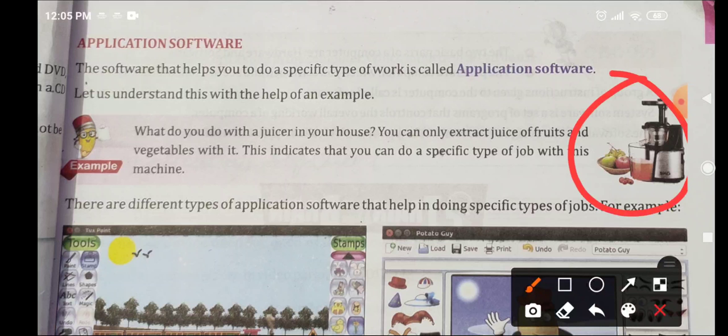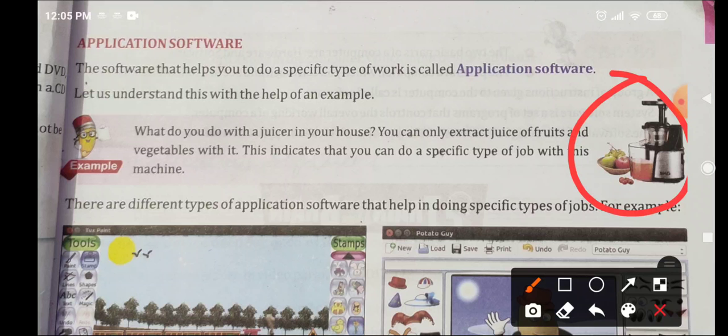Now juicer is used to extract the juices of fruits and vegetables, right? Can juicer do something else? No. The main work of juicer is to extract the juice of fruits and vegetables. So it is the only application a juicer can do, right? Same way, it is the work of an application software.